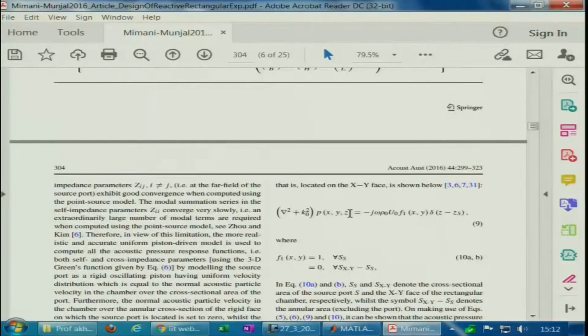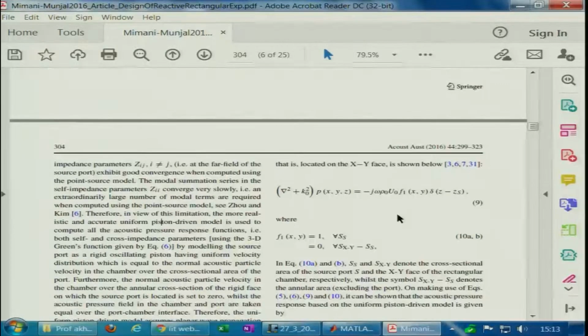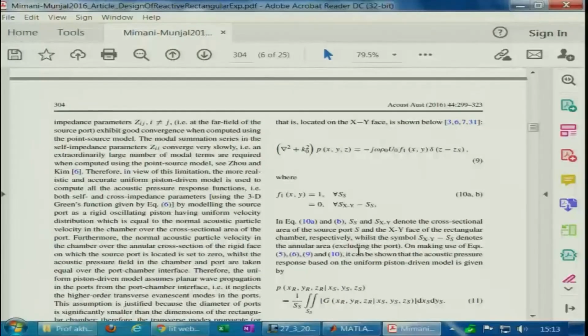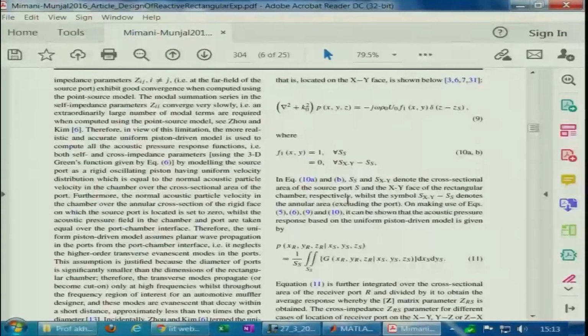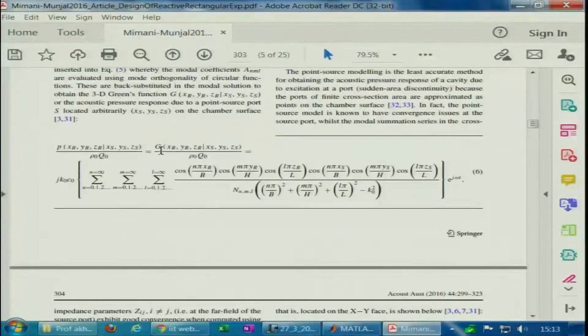So, people have, as I have mentioned in this paper about the singularity issue, published by Zhao and Kim. Now, you consider a piston driven model, which is the same thing we derived a while back. This is 1 over the port area and 0 over the annular area. Now, in order to get the solution of that, we notice that this function g,